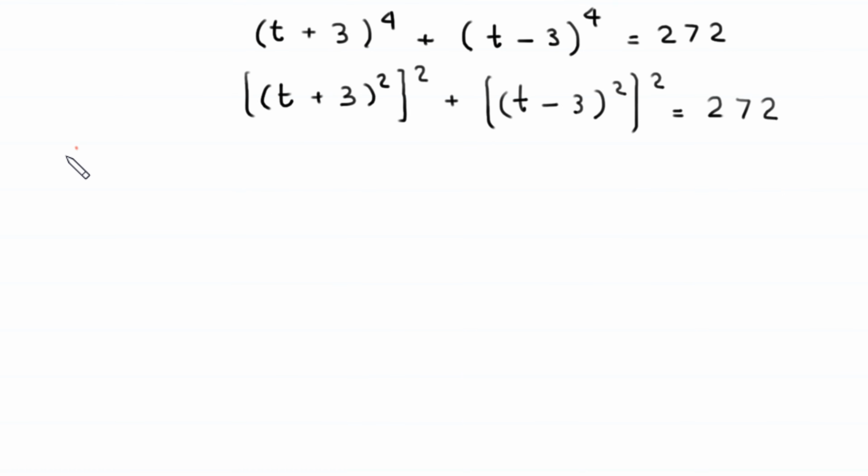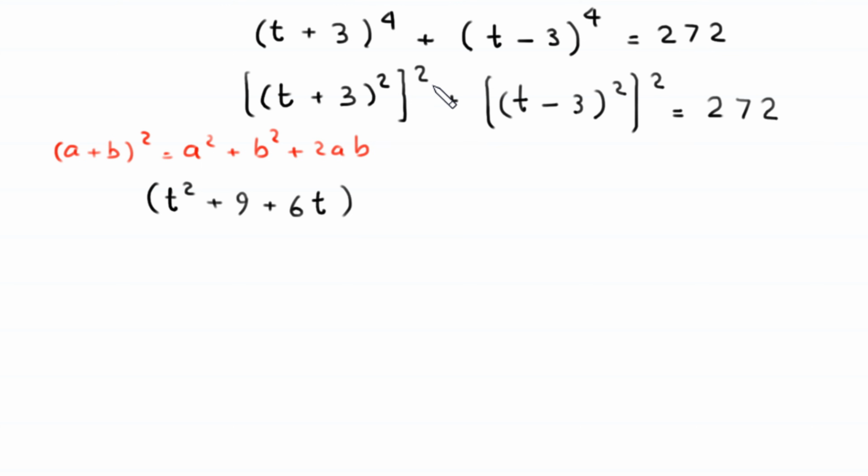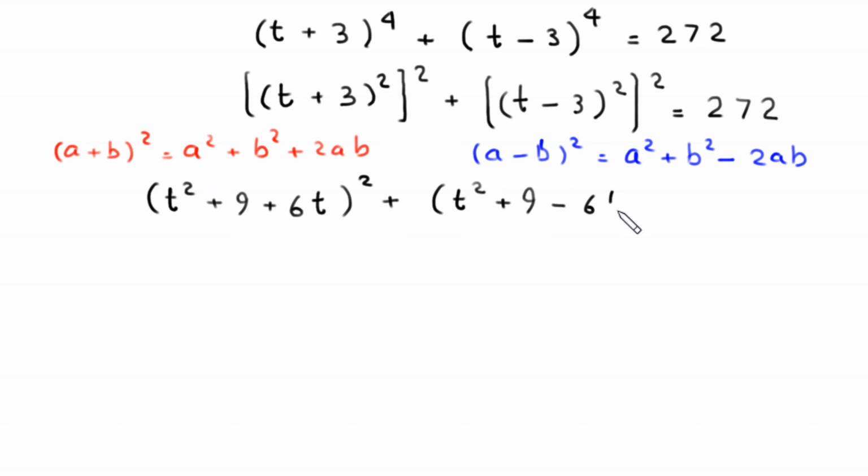Now by using this algebraic identity, (a + b)^2 = a^2 + b^2 + 2ab, this (t + 3)^2 will become t^2 + 9 + 6t, whole to the power 2, this power 2 will come here, plus by using this algebraic identity (a - b)^2 = a^2 + b^2 - 2ab, this (t - 3)^2 will become t^2 + 9 - 6t, whole to the power 2, this power 2 will come here, is equal to